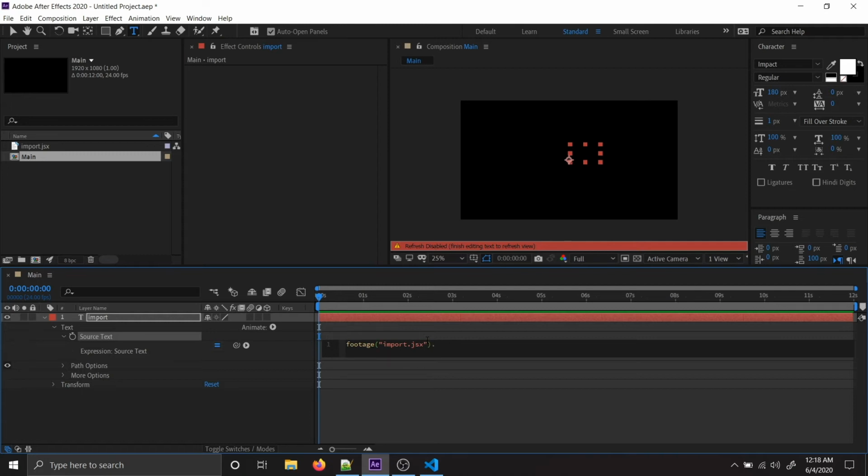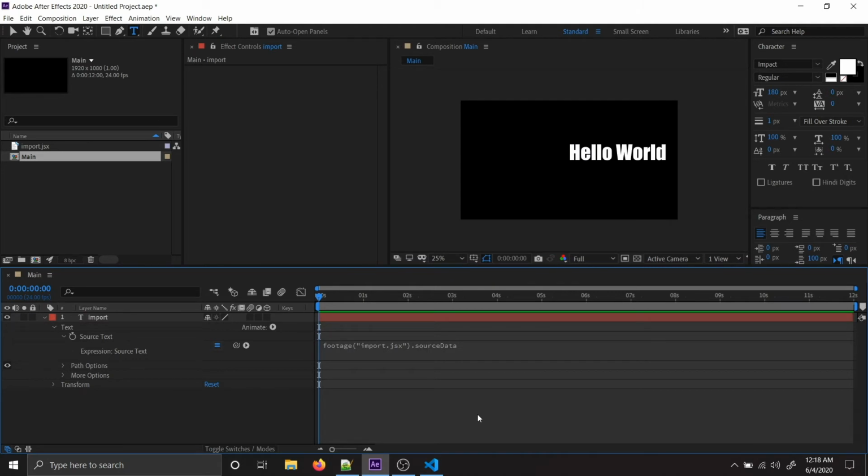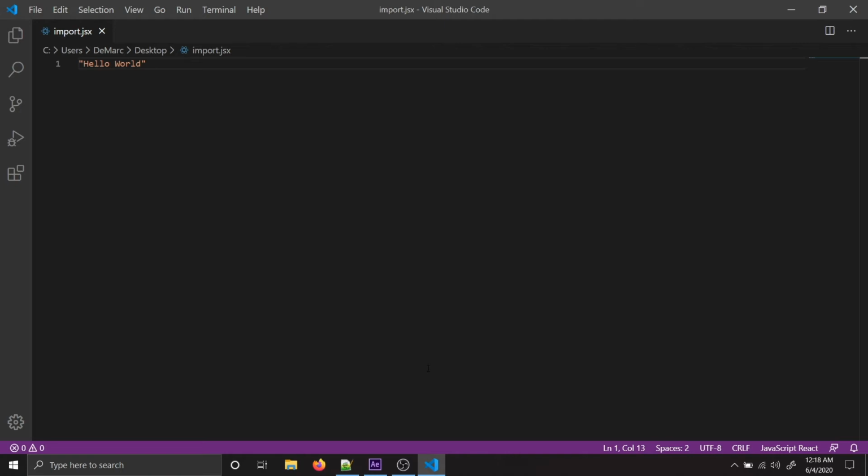And of course you have to put in source data, and from that expression it's going to interpret that JSX file for you. And usually when you go inside of your JSX, your code doesn't usually have a string, you usually have another syntax called an object, but you can have any type of data type that you want on here. I can get rid of this and put in a number data type like 23, save it, and go back